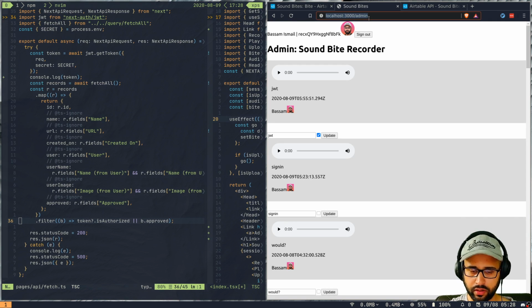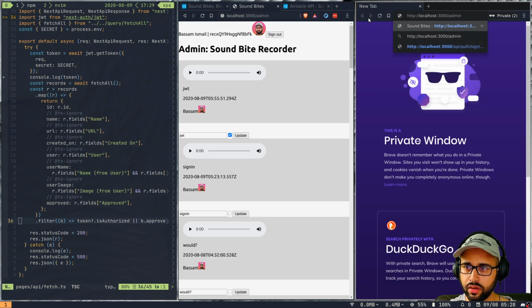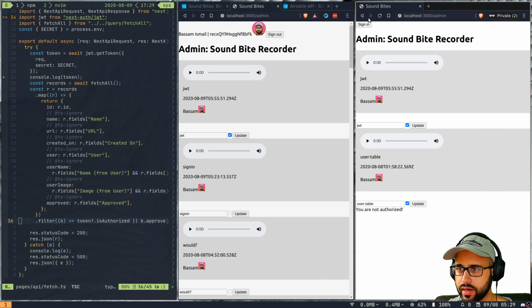Okay, so let's try it out as a logged out user. If I directly access the admin page, it shows me the form, and I can still update it. Also, I don't have any authorization check on the function either, so that is something we would want to look into as well. Sorry, I got confused. Somebody can directly access the API and change values there, right? So we would want to add some security there. But first of all, going back to the home page,